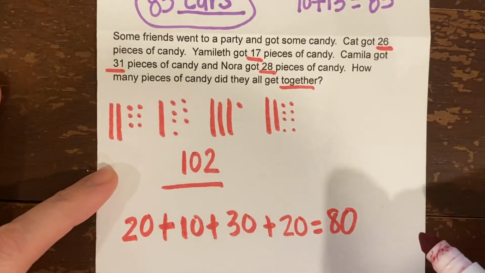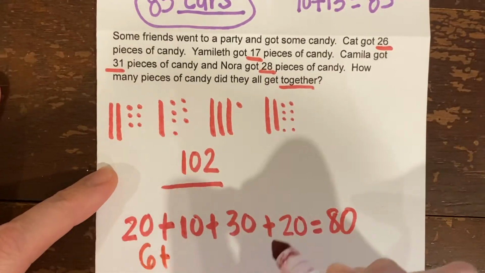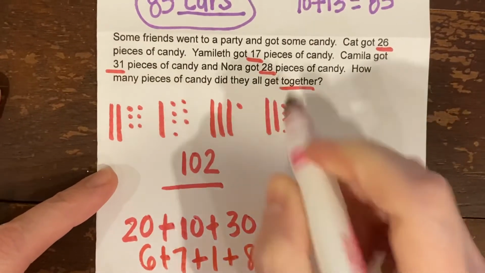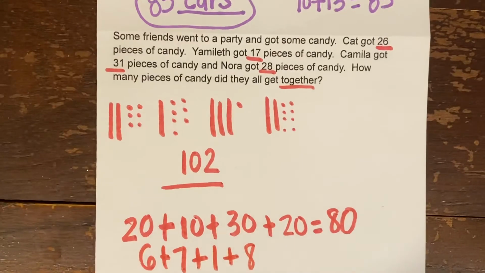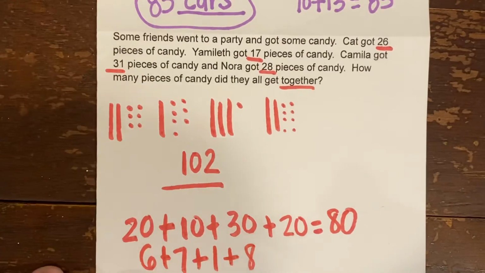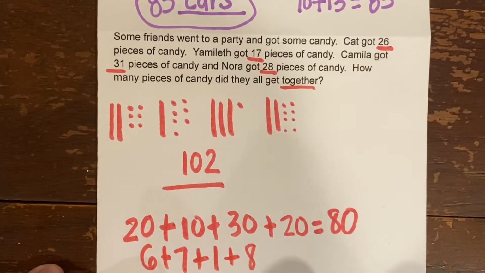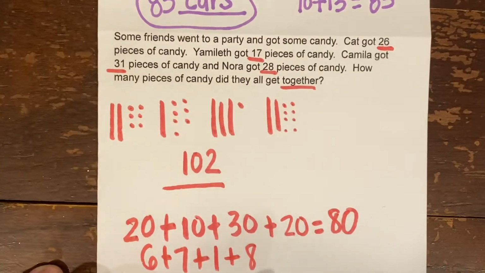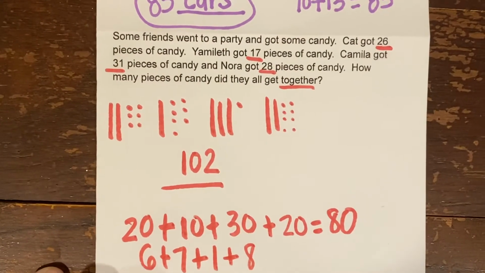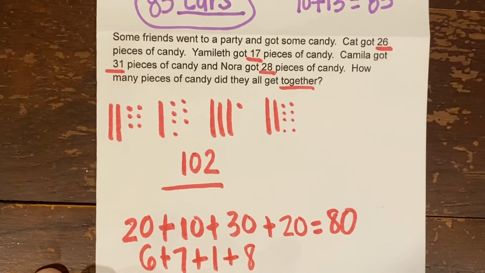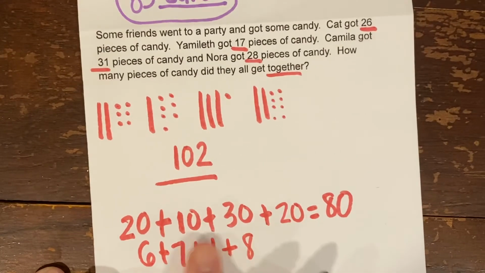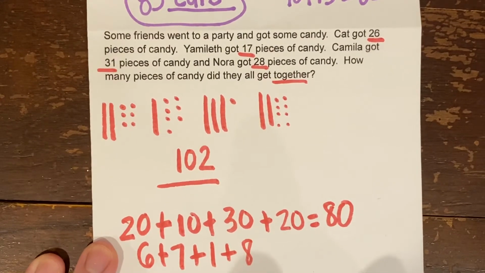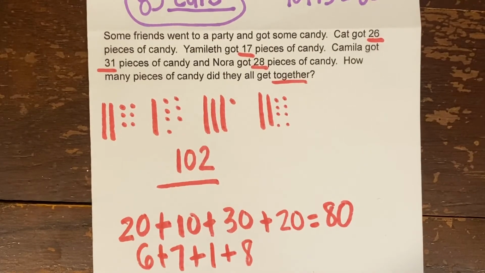Then go back and add your 1s. We've got 6 plus 7 plus 1 plus 8. All right, and then add those in any order that you want to. I'm going to say 6 plus 7 is 13, and 1 plus 8 is 9. So now I have 13 plus 9. You got to be careful because you got a 10 here and more 1s here, okay? These 1s are going to make another 10, okay? So 13 plus 9 is what? 22,